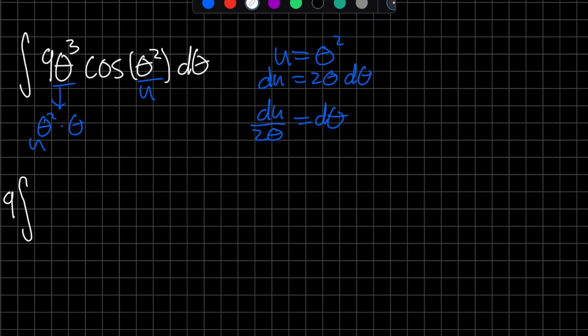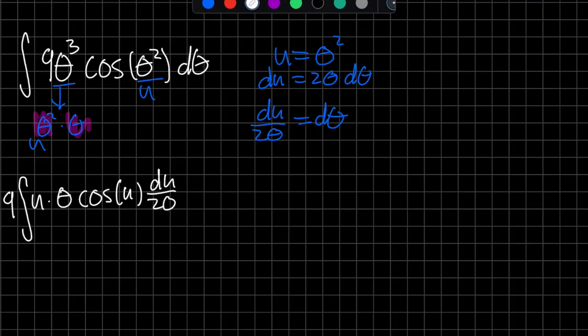Coefficients. Then that theta cubed, like I showed, is made up of a theta squared and a theta. So that theta squared is a u. So we're going to have u times theta, and we have this cosine still, cosine of u, right? Pretty easy. And then we have that du